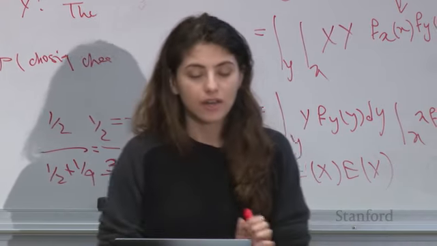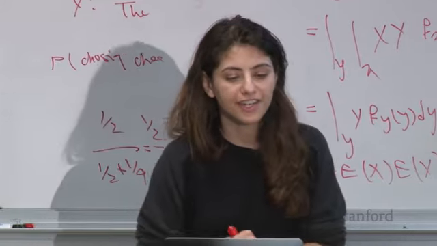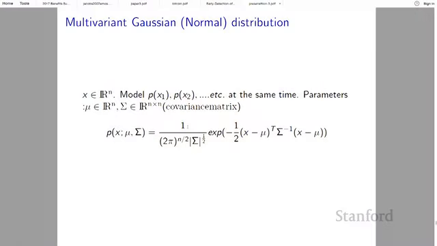Okay, another important topic is the multivariate Gaussian distribution, which we use very much in CS229. Basically, if you have a vector of random variables, each of which is a Gaussian random variable, then you call this vector a multivariate Gaussian distribution if each of these random variables itself is a normal distribution, right? So in this case,